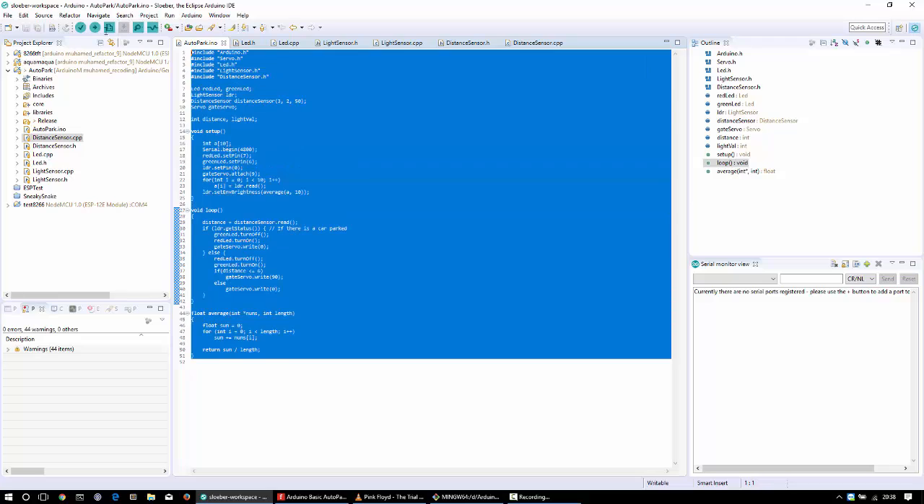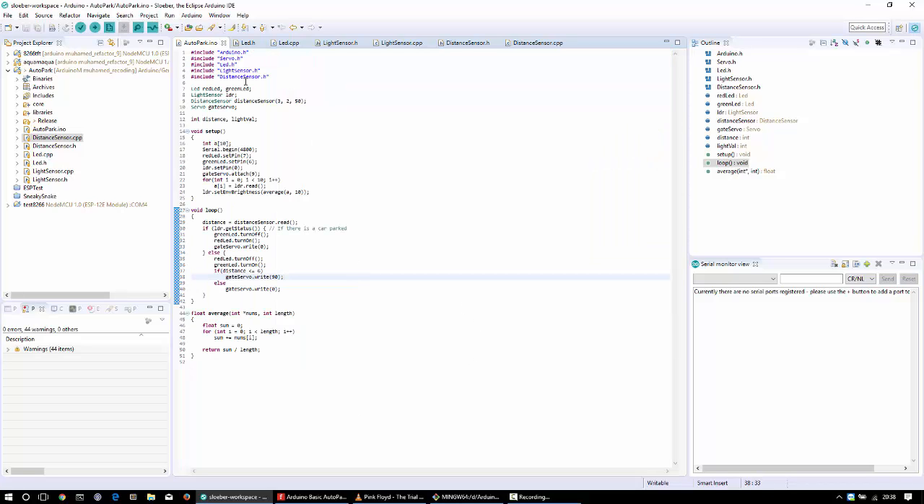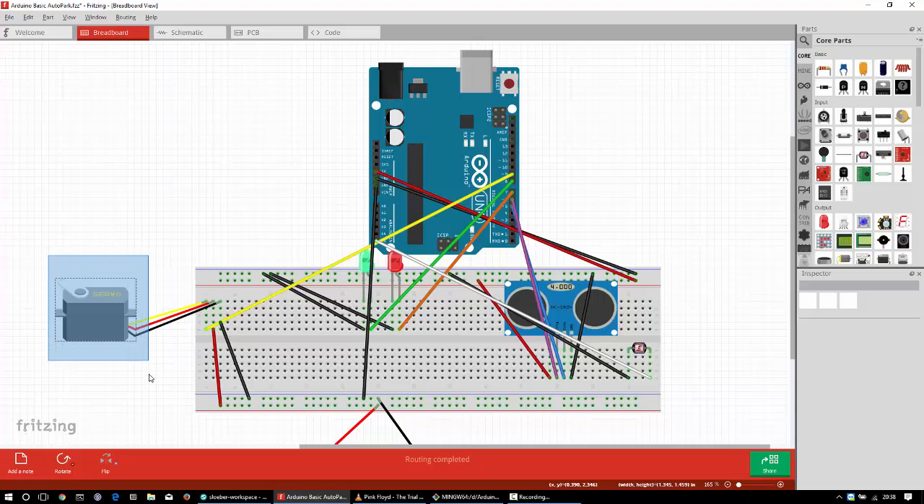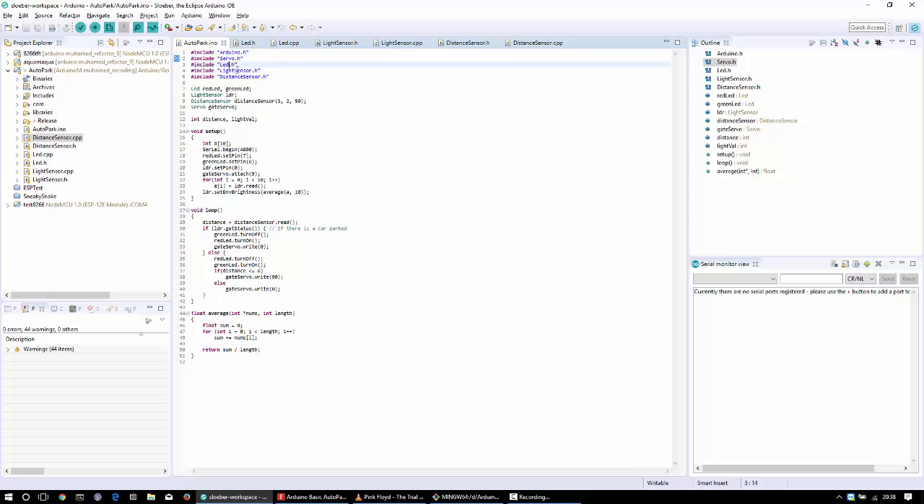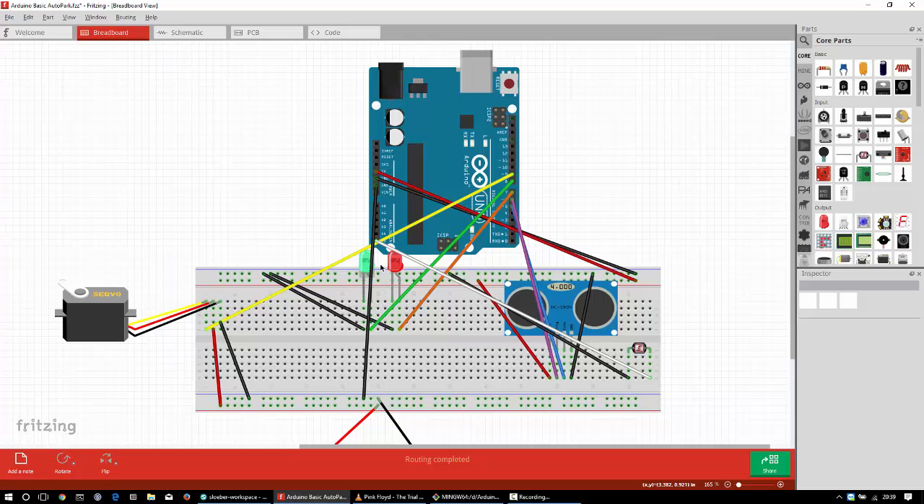So this is the main .ino file. In here we include the needed libraries like Arduino.h, that's always needed when doing Arduino, of course. Servo.h, because we are using a servo for the gate to open and close. LED, this is a library that I have created. So we're using LEDs for showing whether the places where the car will park are active or not, busy